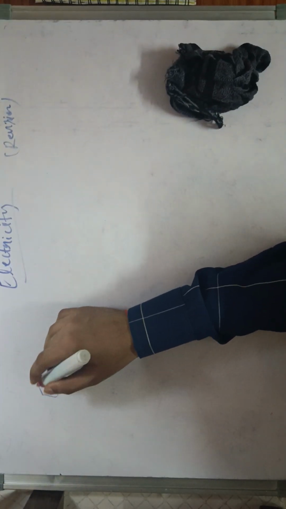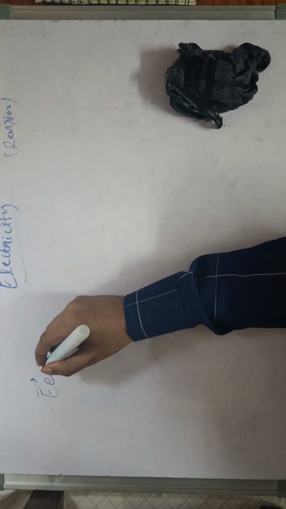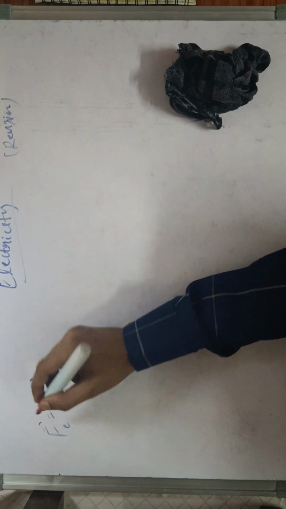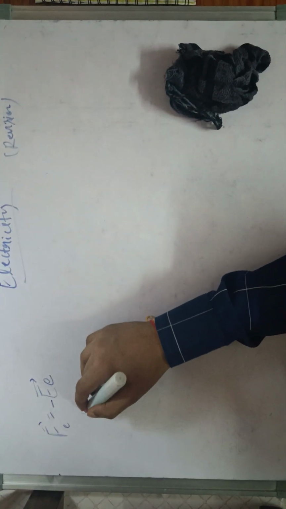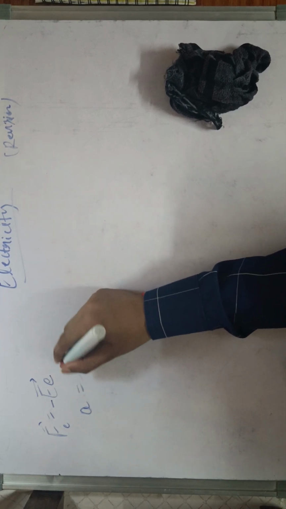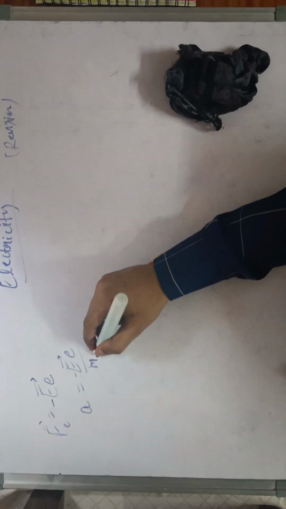that the electrons will experience a force. If there is an electric field, then the electrons will experience a force, minus e times E, that is the force experienced by the electron. This is E into the charge of the electron, and now the acceleration of the charge would become simply E into e, minus, divided by the mass of the electron. So this becomes the acceleration of the electron, and